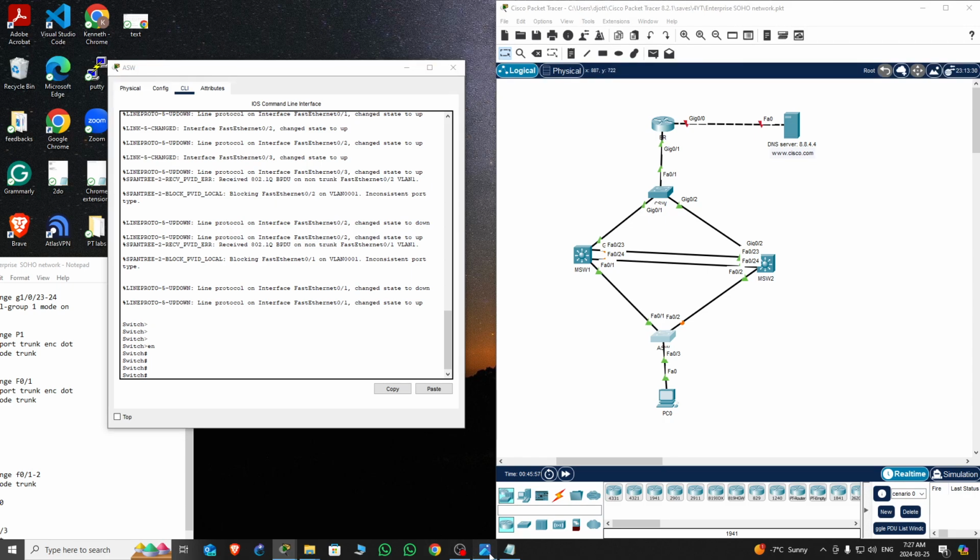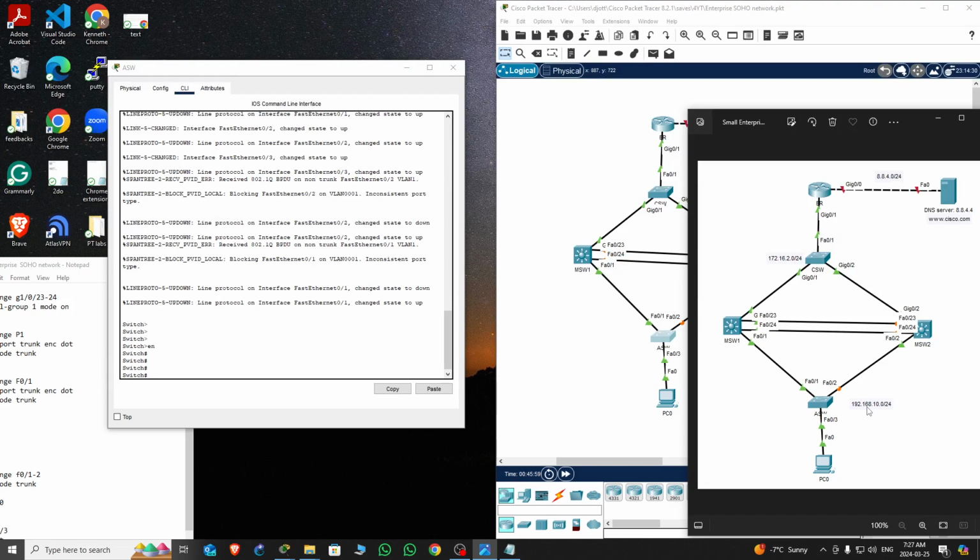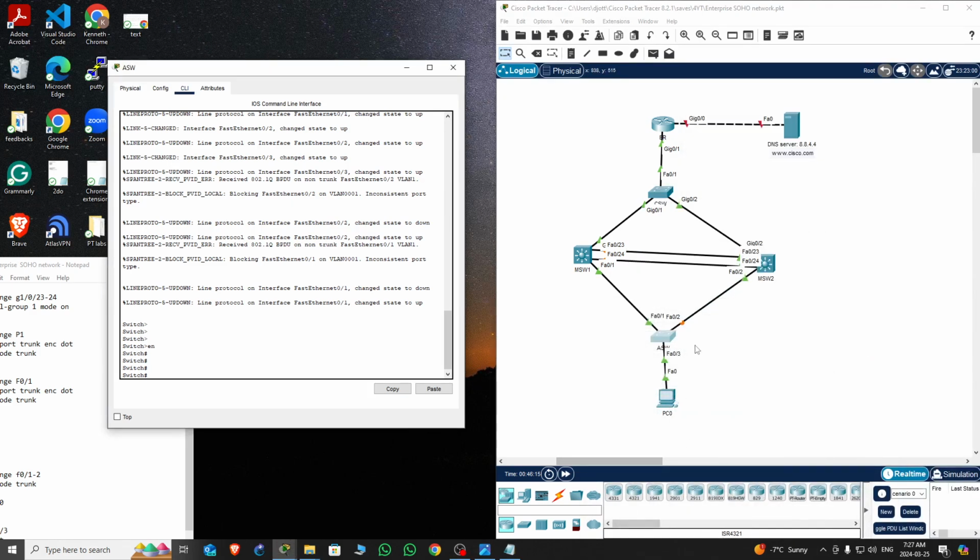I actually do have it here. So the IP address given here is going to be 192.168.10.0/24, and then on the core switch end of the LAN side is 172.16.2.0. Okay, so